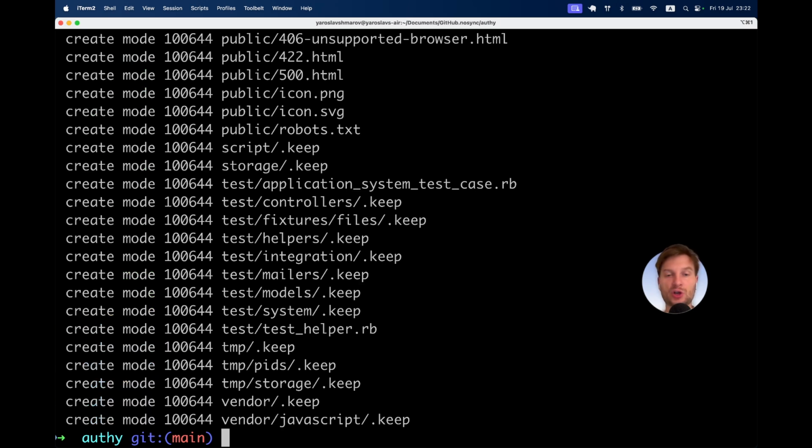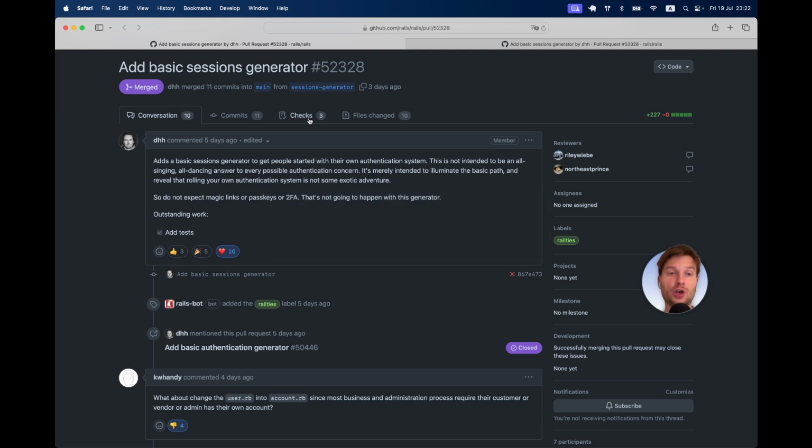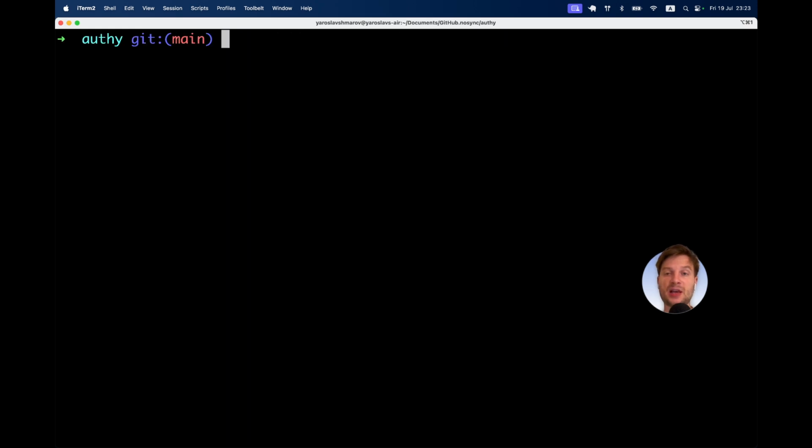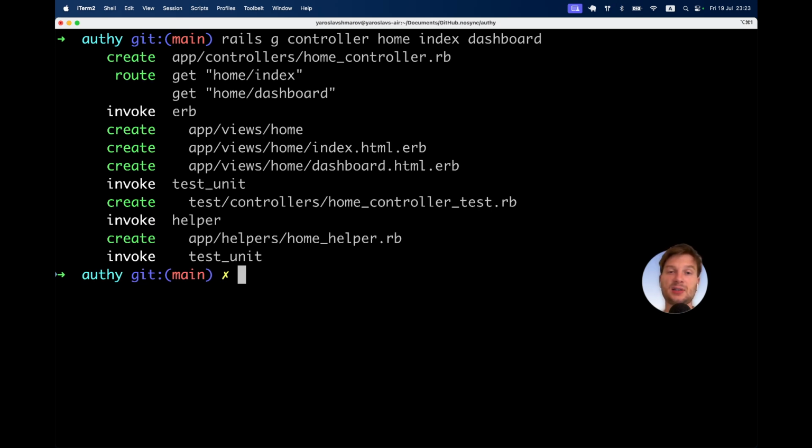And now I'm going to generate a scaffold to have one page that requires authentication and one page that does not require authentication. So I will say rails generate, actually not a scaffold, but a controller. Let's say controller. It will be the home controller, and there will be an index action and a dashboard action. So index will not require authentication and dashboard will require authentication. Let's create this